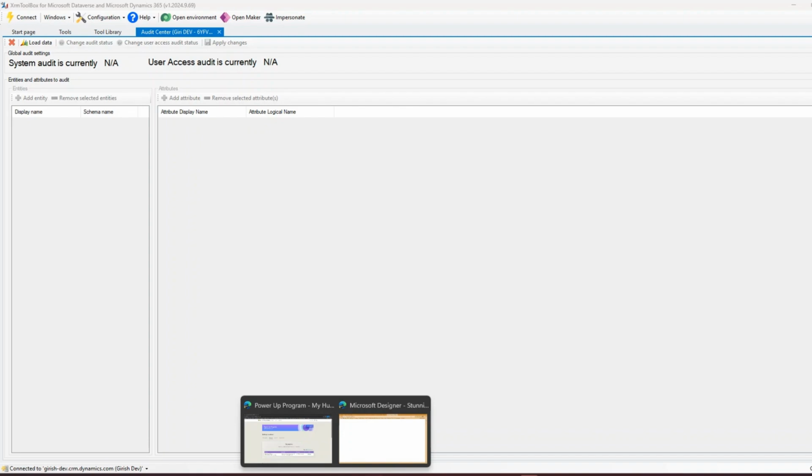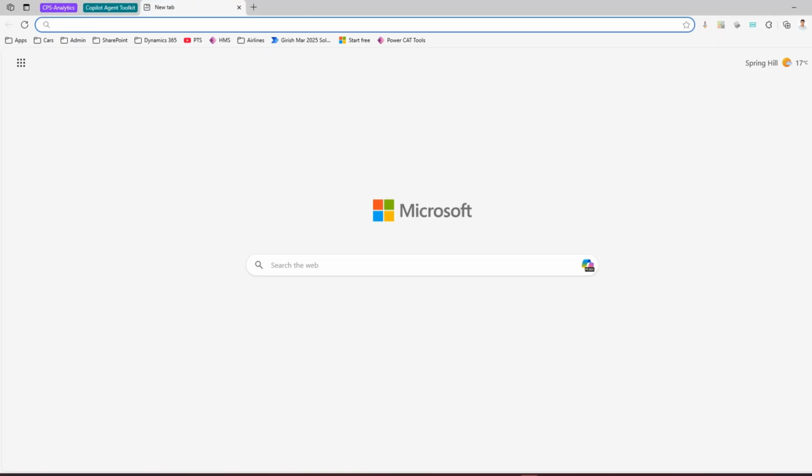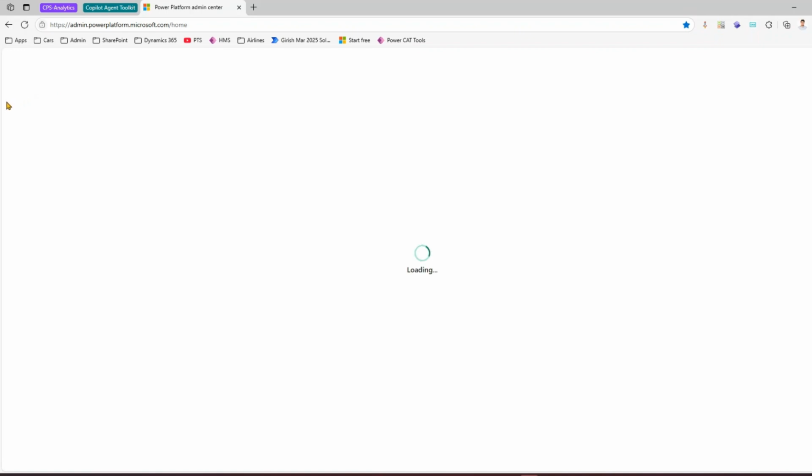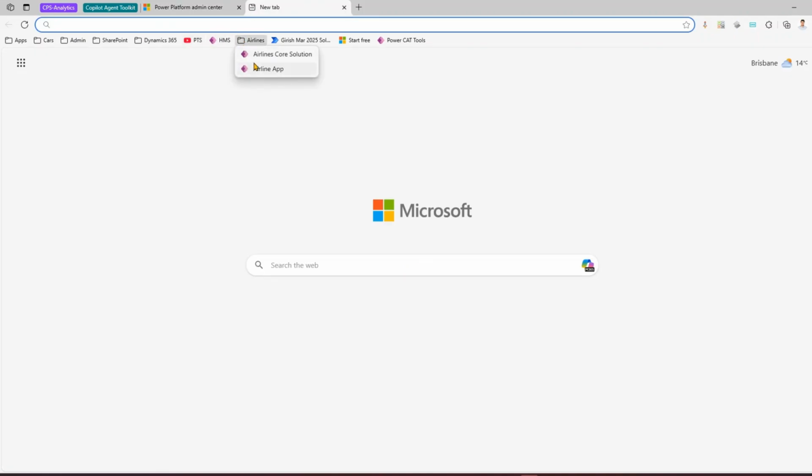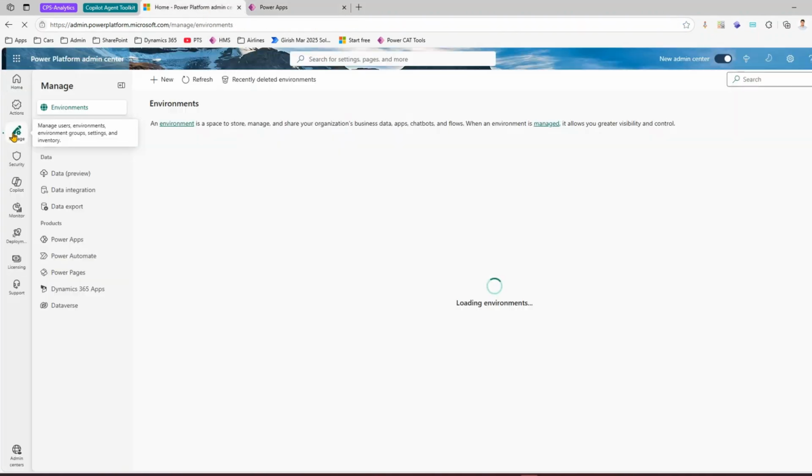So let me go into the right application. So this is my tenant. I'll go into the Power Platform Admin Center and I'll show you where you can turn on the audit. Similarly, I will also go into the core solution of my application. So I've used a couple of tables to build a simple model driven app. So I'll show you at a table level and also at an environment level how to turn on or off